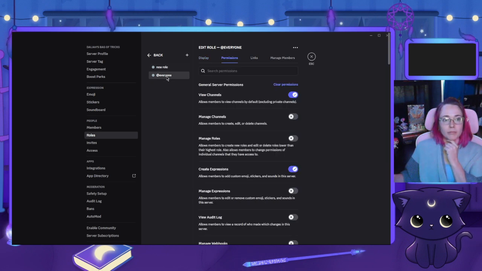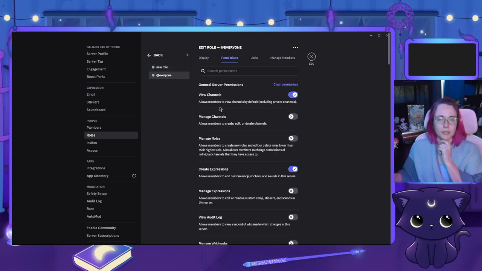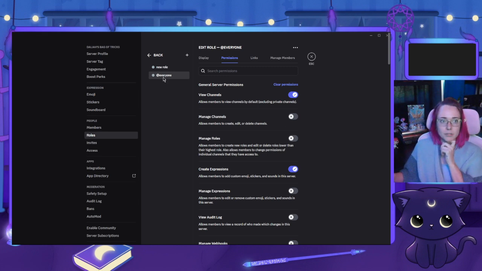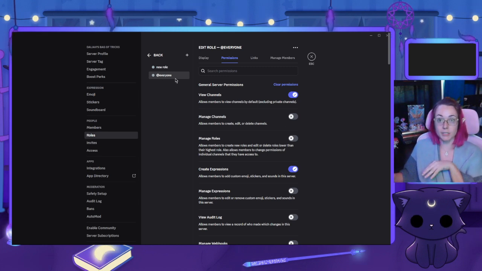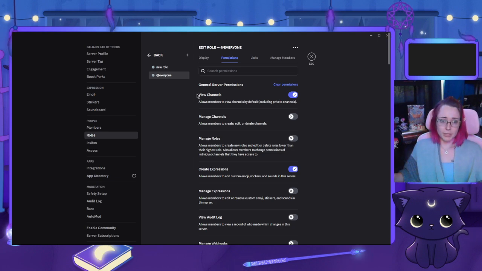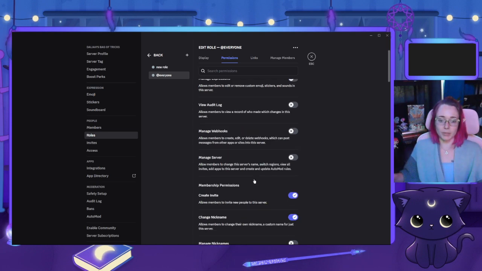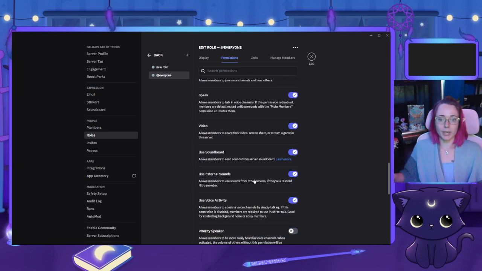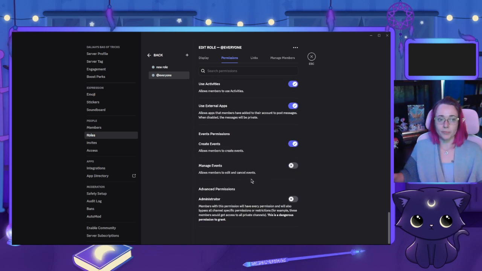First off, let's dip into the everyone role real quick since it's already here, before I get into a new one. So your at everyone role is your base role that everybody gets the minute they pop into your server. And so this is what you want your everyone to see. Now if you want to add extra layers,